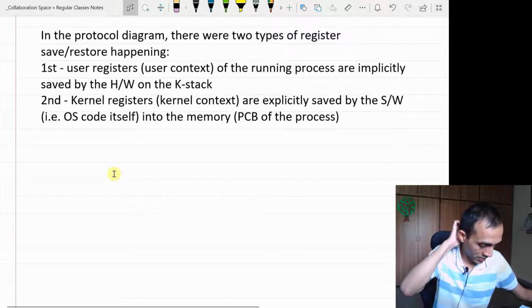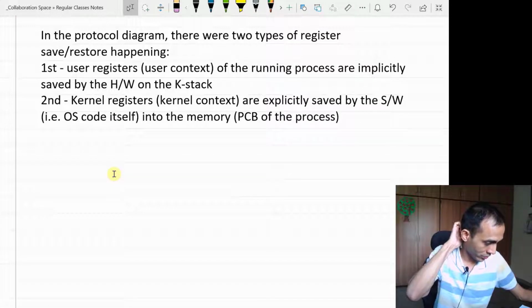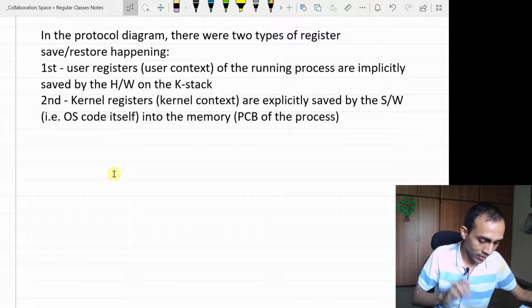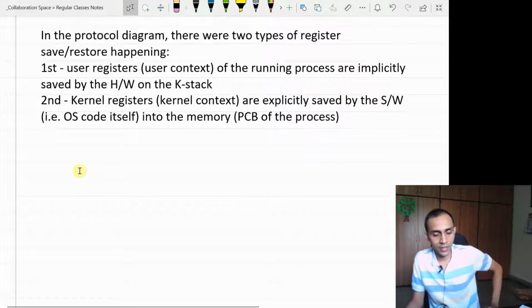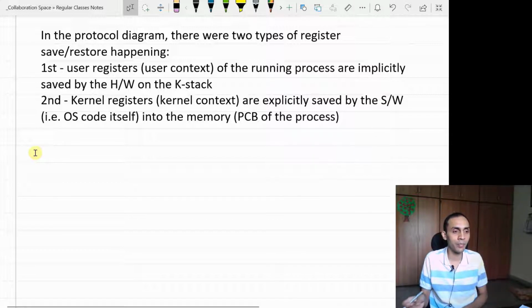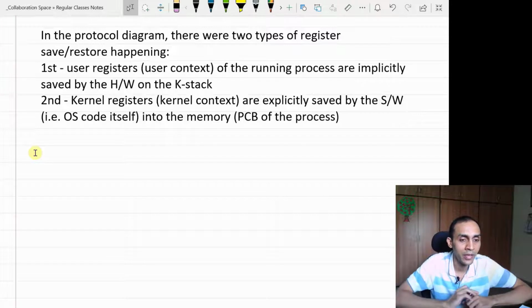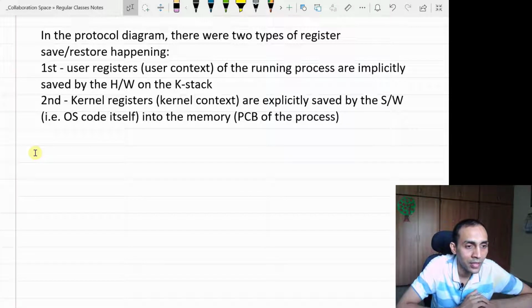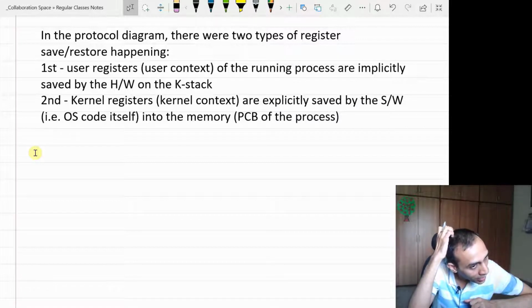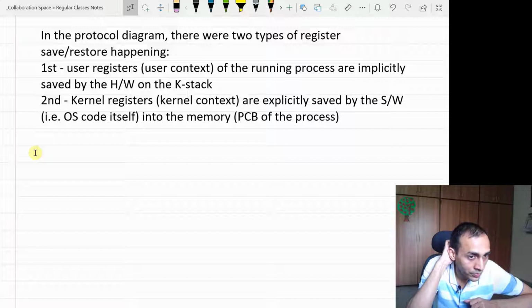So there is one more thing, I think, before I switch to the next topic. Somebody may be thinking, what happens if, while a trap is being handled, while an interrupt is being handled, another interrupt occurs? Let us say a process does a system call and a trap is issued, and that trap is being handled, and at that time a timer interrupt goes off. So what will happen at that point? Won't it be a complex situation?